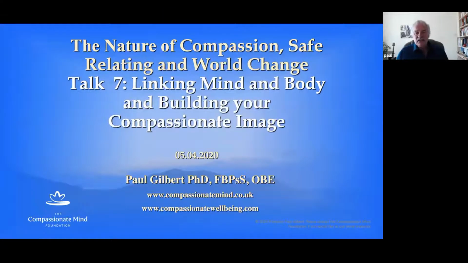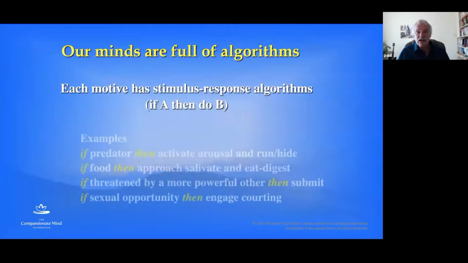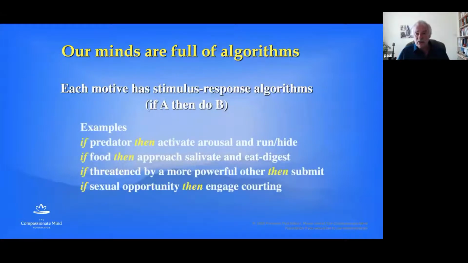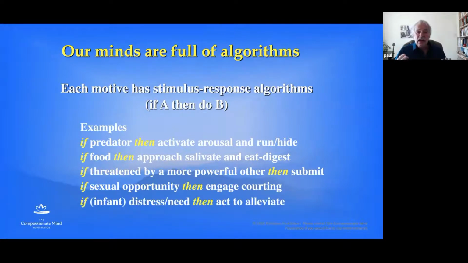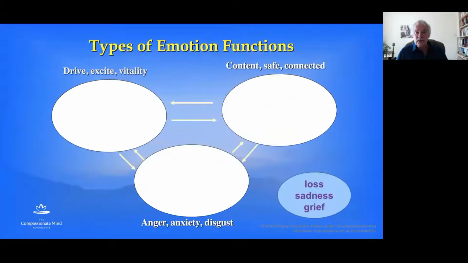Okay, so this really is in the same theme of using our understanding of compassion, which will help us when we can link how the mind and the body are connected. So a couple of things first, just to remind us that we have these basic built-in algorithms. Nature's built in these pathways, so when this stimulus arises, the body responds in this way. So we've done that, and the algorithm we've been interested in is, of course, the caring algorithm. When there's distress, the body becomes aroused and then we have a desire to do something about it.